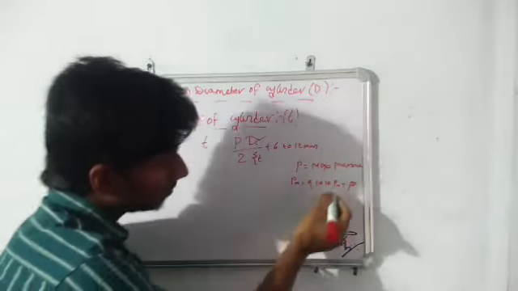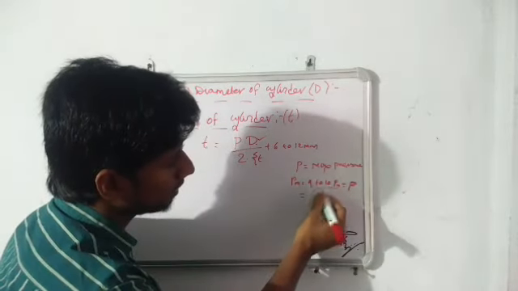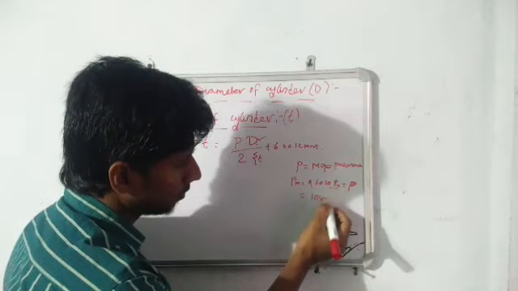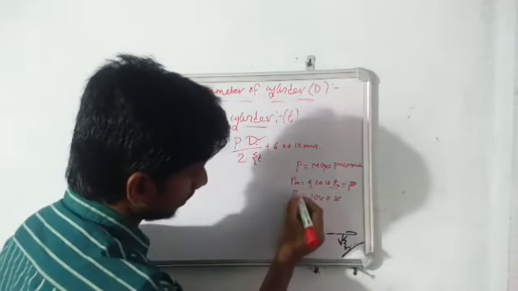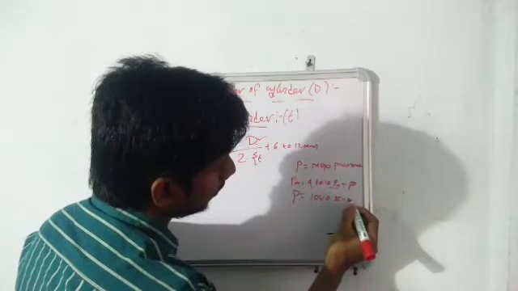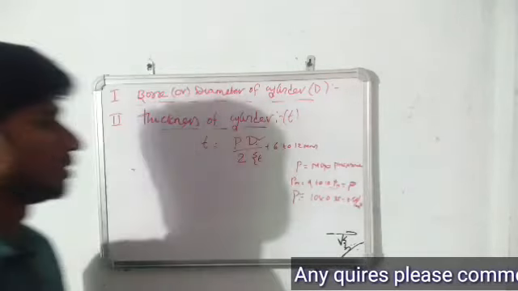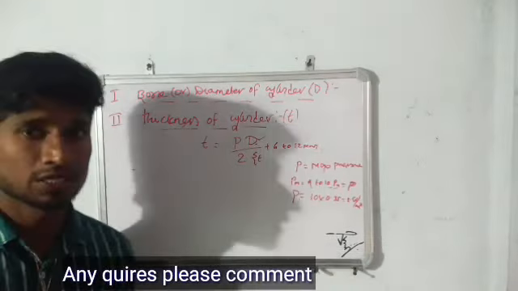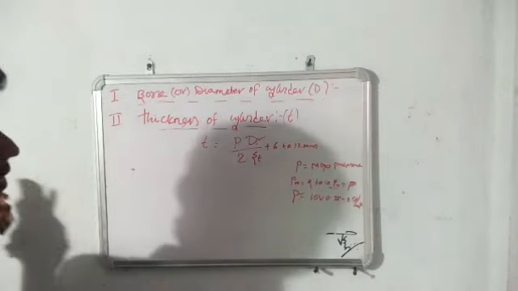So here we know Pm, the mean effective pressure. I would like to consider it is 10 into 0.35, finally we get 3.5 Newton per mm square. That is the maximum pressure here. So substitute that one, and one more thing,